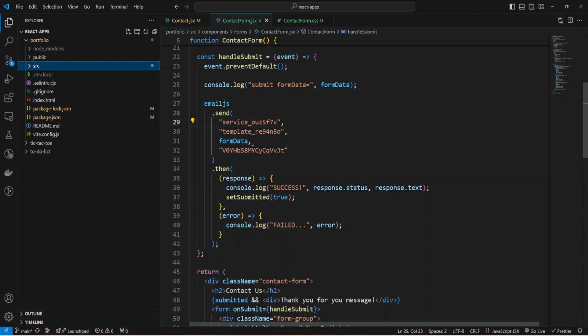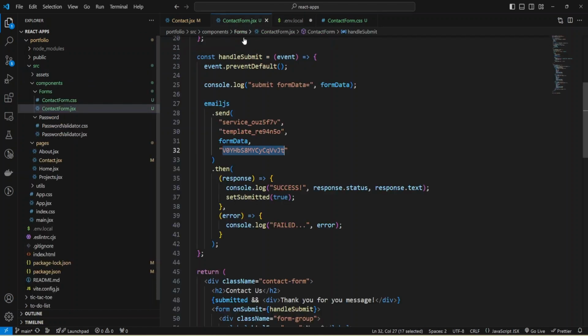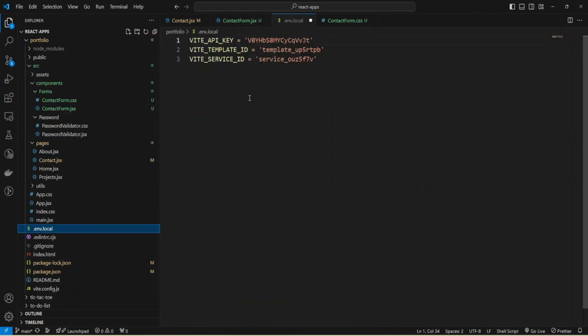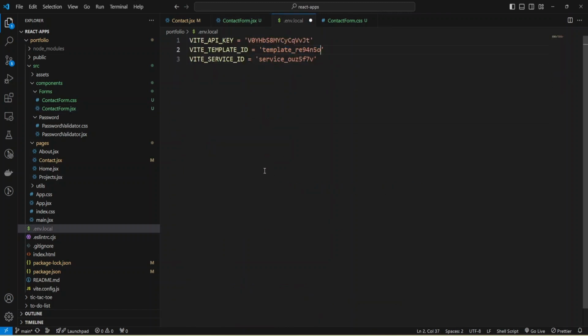Now I can place my API key inside this variable, and also my service ID inside the env.local file, as VITE service ID, and also template ID, and save it.